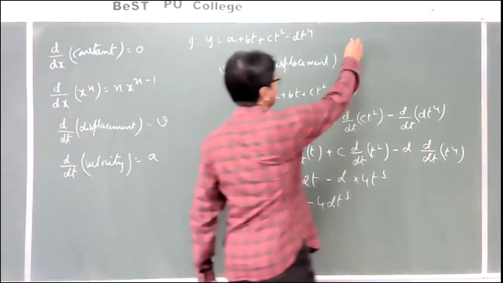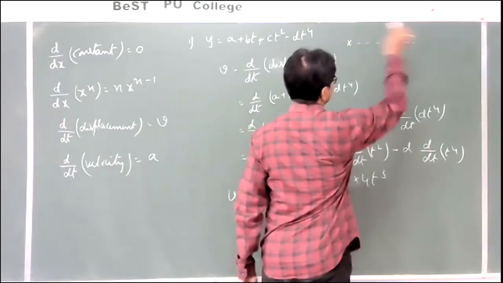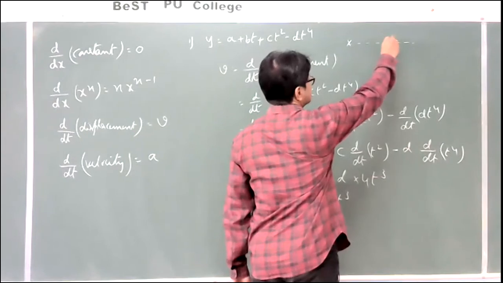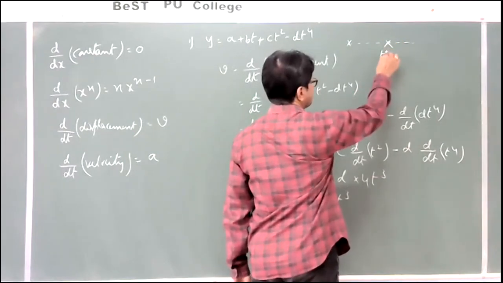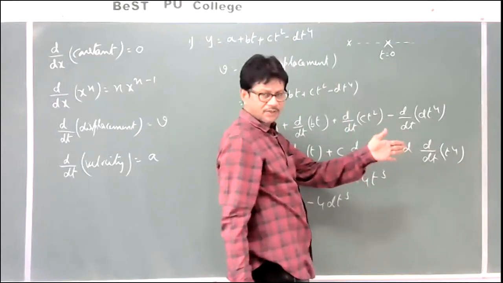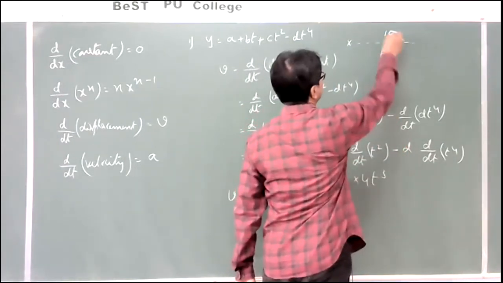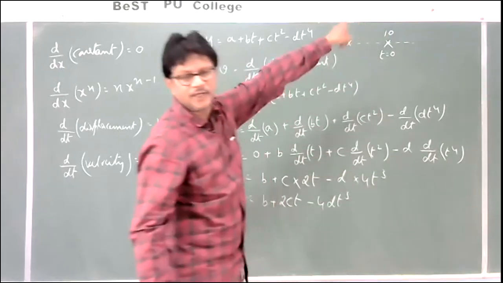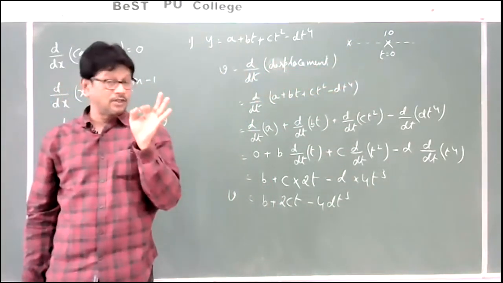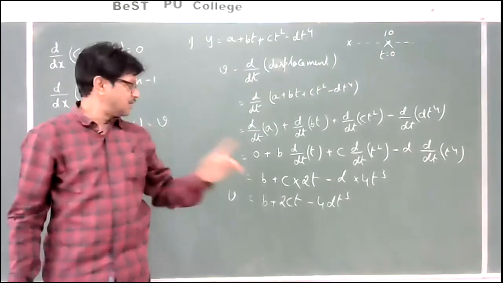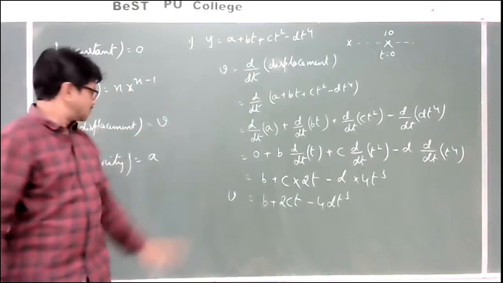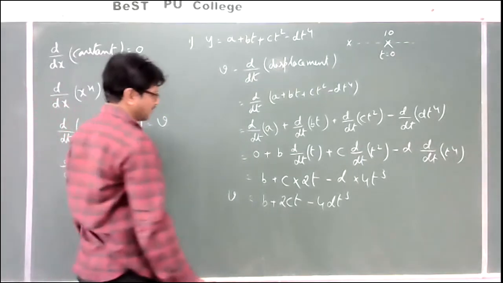So for example, somewhere here the body is coming. My observation starts from here, where t is equal to 0. I started the observation from here. Here the velocity, for example, is 10. So the 10 will be the initial velocity. To take the initial velocity, the precaution we have to consider is that we have to take the t value as 0.